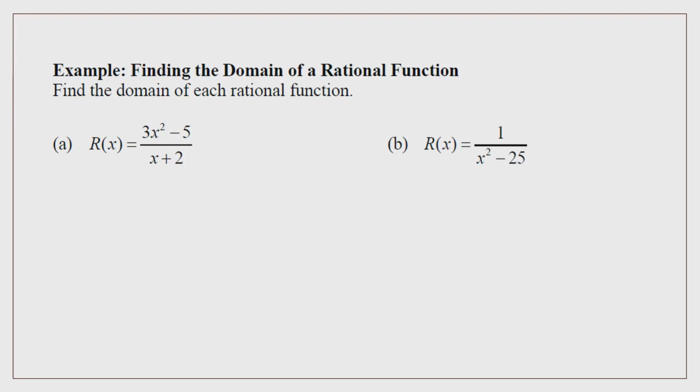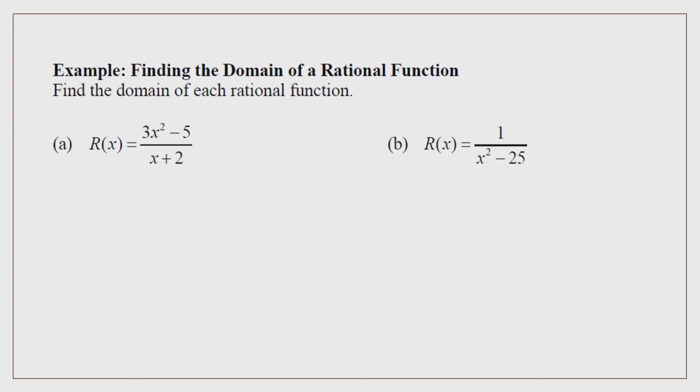So keep in mind that a rational function is set up like a fraction. So when we're trying to find the domain of these functions, we want to find the x values that do not exist in our function. So the denominator of a fraction we know cannot equal 0 or it will be undefined. So any x values that make our denominator 0 would not be considered in the domain. So we're going to set all of our denominators equal to 0